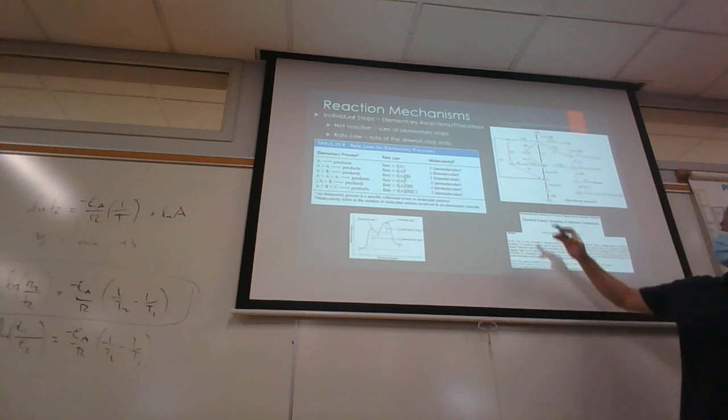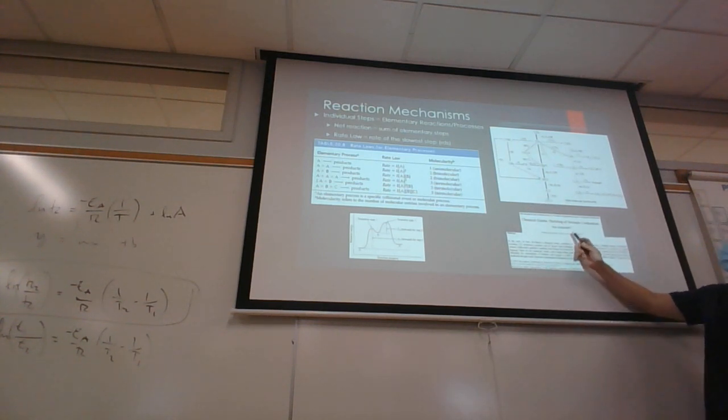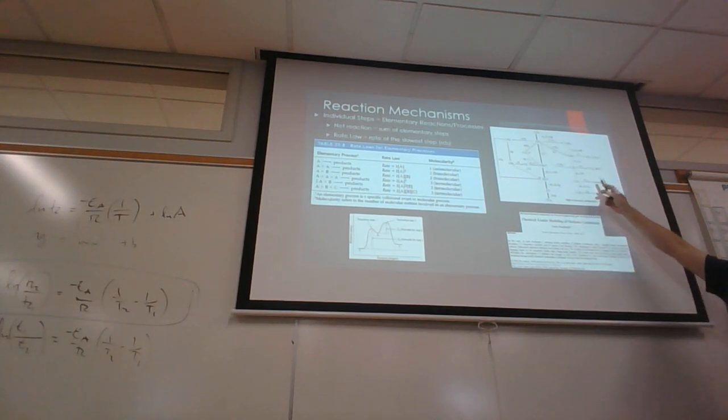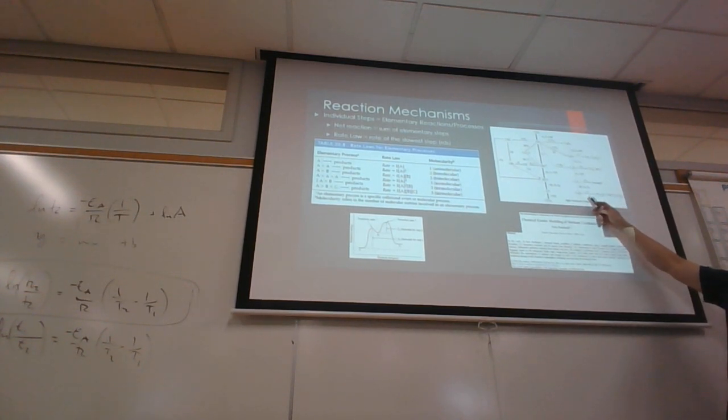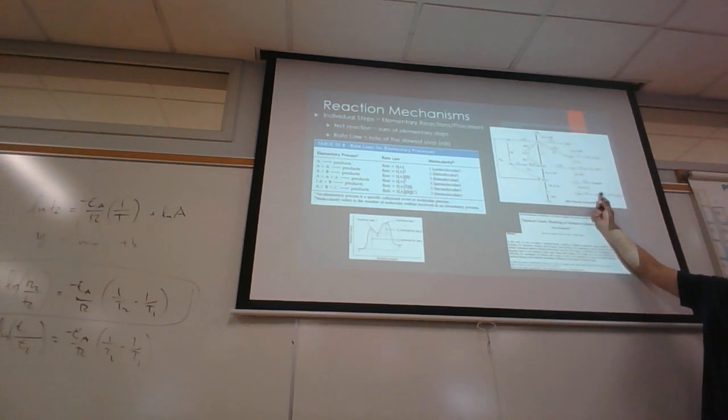But what we're going to look at next is reaction mechanisms. So here's the combustion of methane. This is just a snippet of some of the reactions that are involved in the combustion of methane. And so you have all different kinds of species here on the way to CO2. This is not the complete